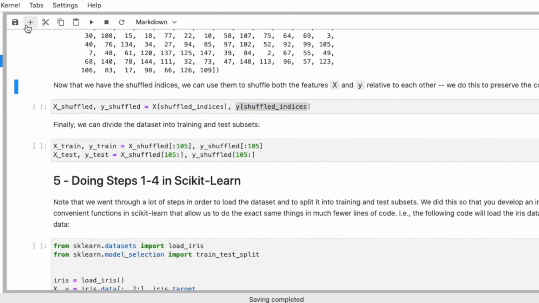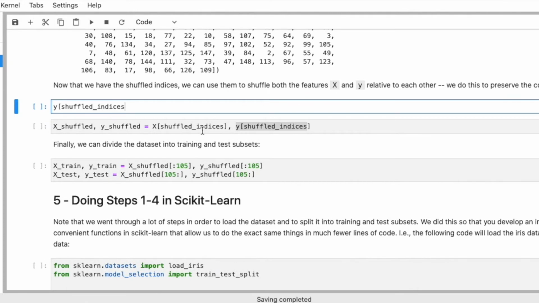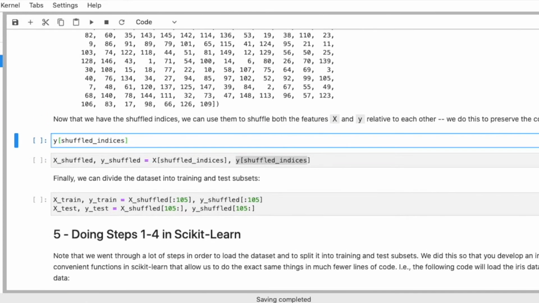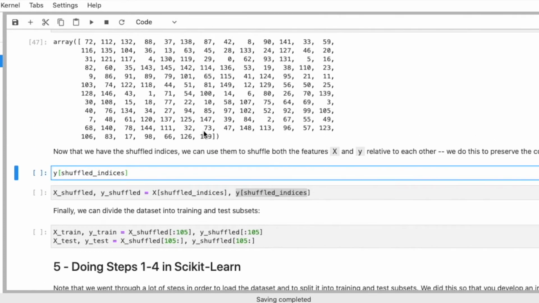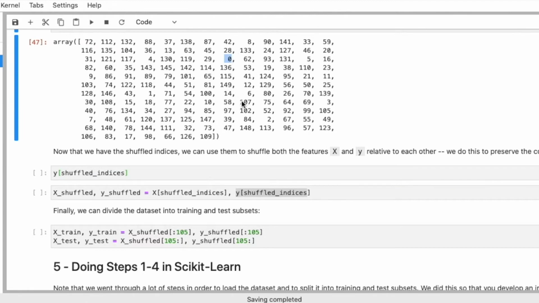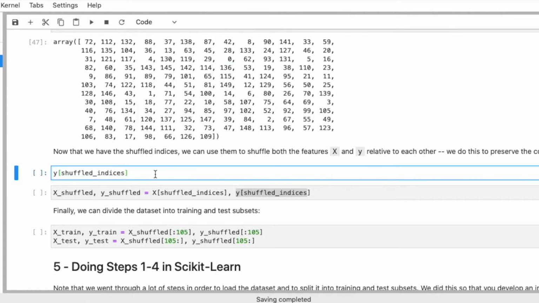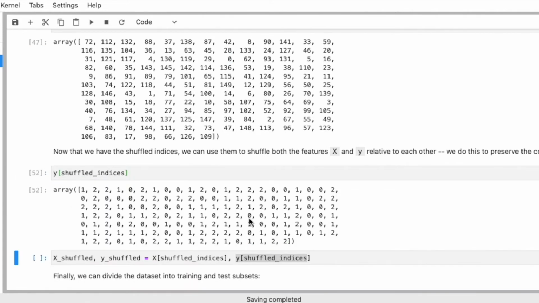If I do that, it will shuffle around the different values in this array. For example, before, the index 0 was in the front. Before we had 0, 1, 2, 3, 4, 5. Now 0 is at a totally different position and so forth. So it's just shuffling around all the labels here. So we can see it's now shuffled.